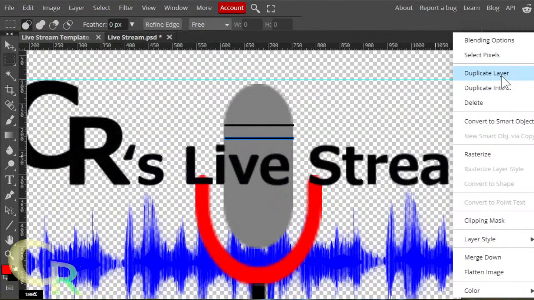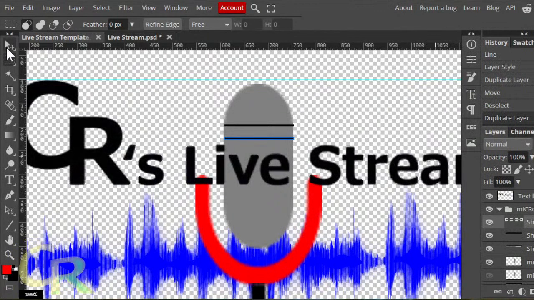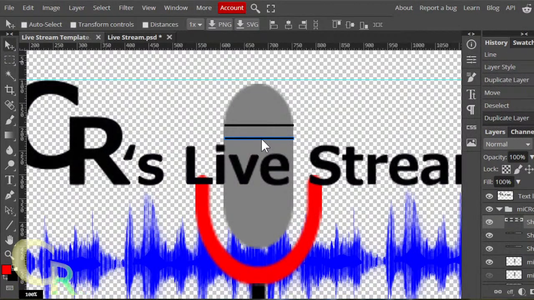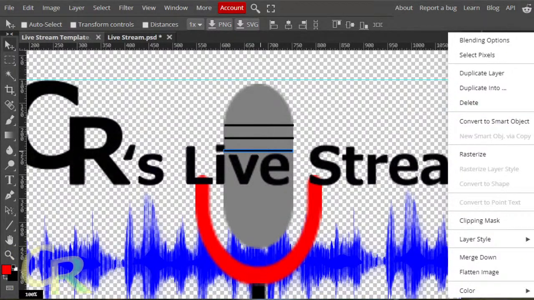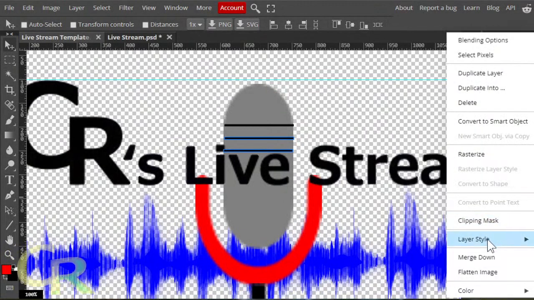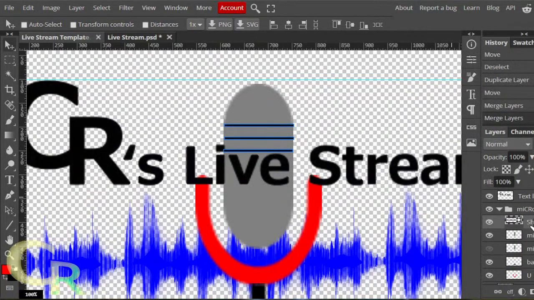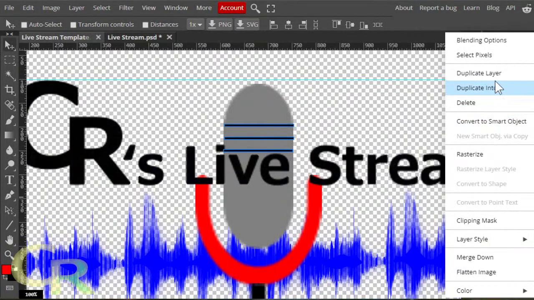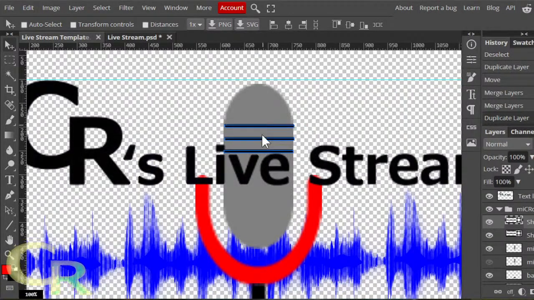Copy that, select it, move it down. And that's alright. And then group all three of these together, merge down. So I can actually copy all of that, duplicate those.